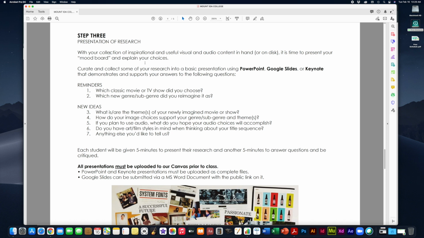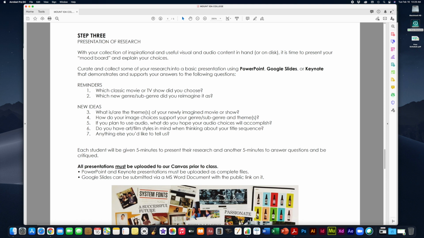And so when we're creating visual content, of course, we go through various iterations or drafts. And while we're keeping it pretty simple for this assignment, it is important to sort of plan what you're going to do and then do what you plan, right? So that's what this presentation is really all about. So you're going to curate, which is basically making intelligent decisions about the stuff that you've collected, and you're going to put it